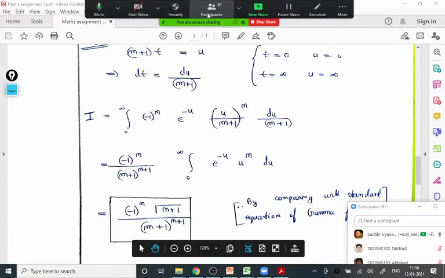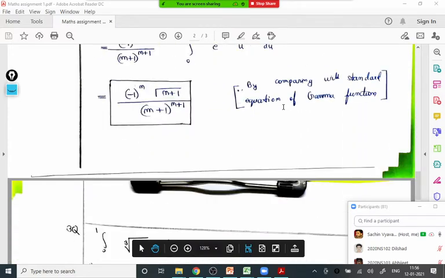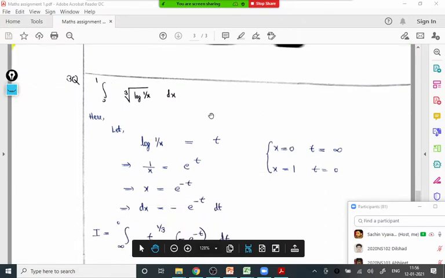Majority of you submitted, and your answers are correct there. But if you still have any doubt, you can ask there. Last question, question number 3 on gamma from assignment 1, that is given is a cube root of log of